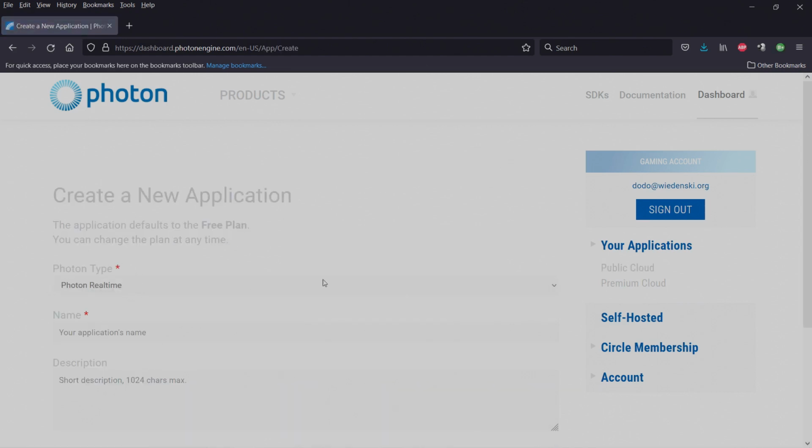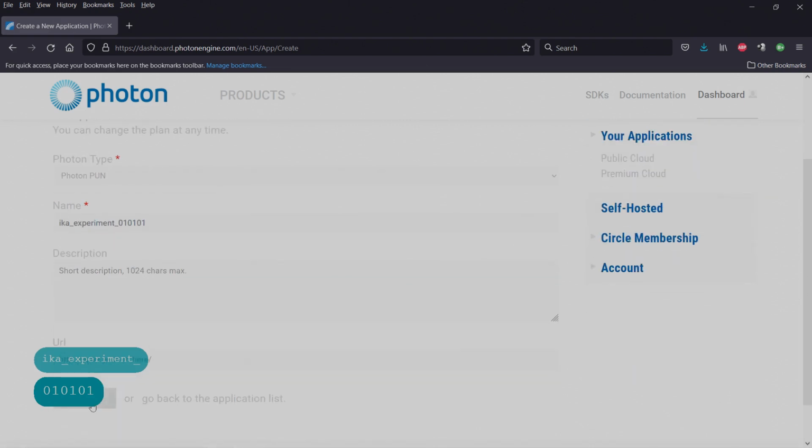Here in Photon type we need to choose this one, Pun, and we just give it a name, let's say Ika experiment, whatever, right? So I'm just gonna create this app,